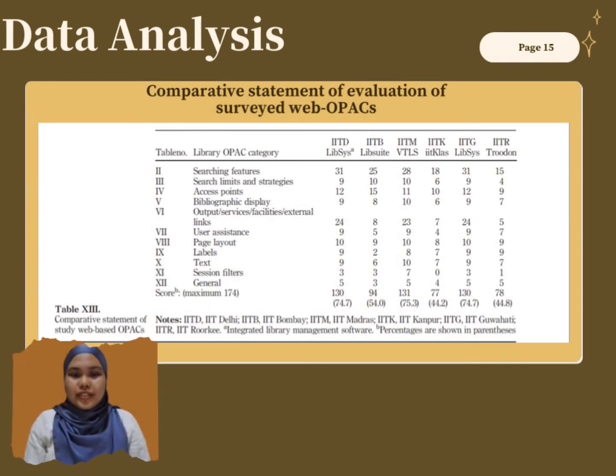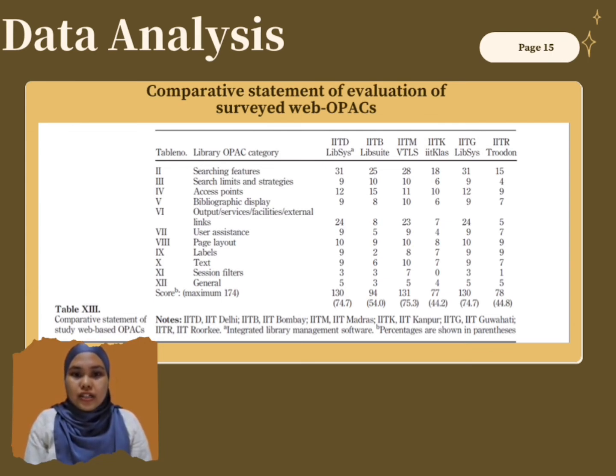So the next one is comparative statement of evaluation of surveyed web OPACs. So the comparative scores of the different features of the web-based OPACs under study as per evaluation checklist were compiled and presented in table 13. So the maximum score each web-based OPAC could receive was 174 points, which represents 100%. And table 13, as we can see, shows that the average score of the web-based OPACs is